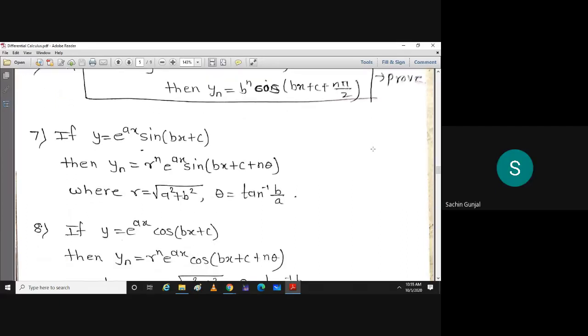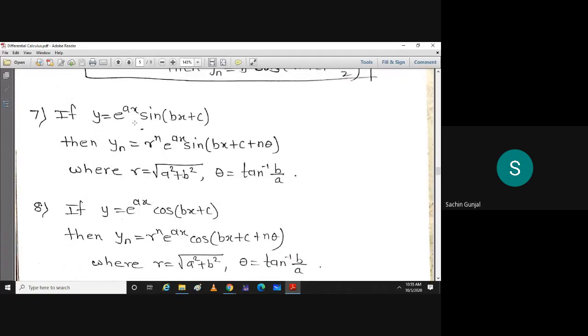So now we'll start with nth derivative of the function e raised to x into sine of bx plus c. You know that the first derivative you can immediately calculate using the product rule, but again, to find the second derivative or third derivative or 15th derivative, you can't apply the product rule again and again. Of course, whatever general formula we have derived uses the same technique, that you will have to take the first derivative using the product rule and then do some substitution.